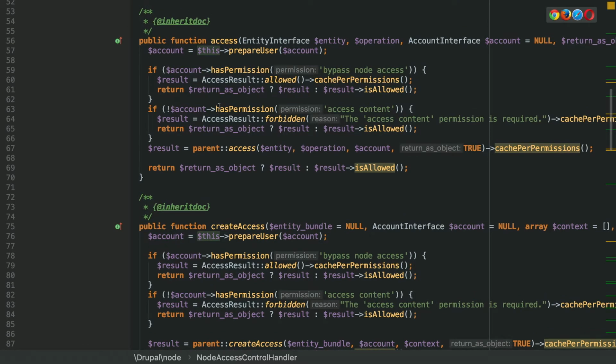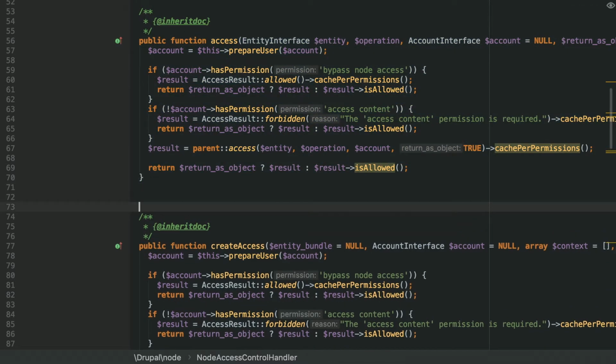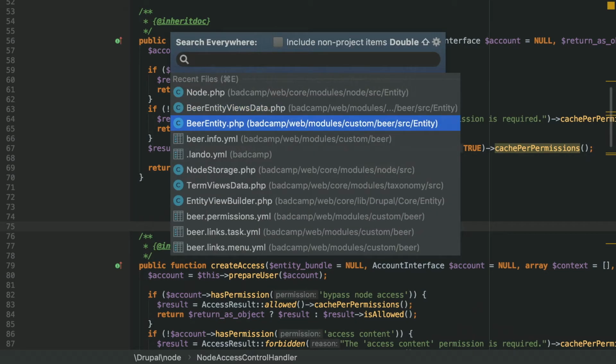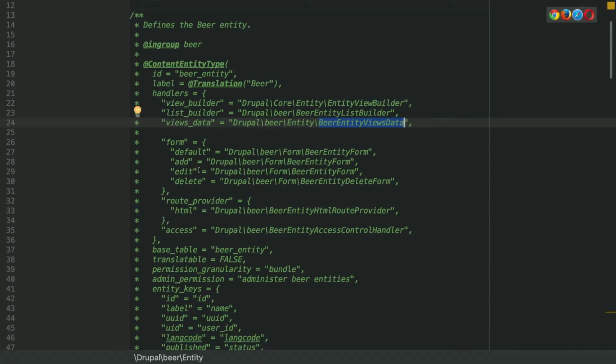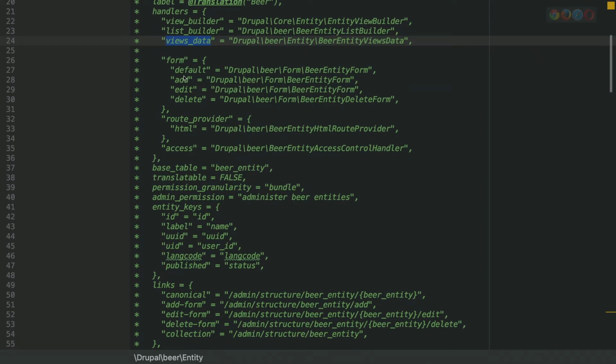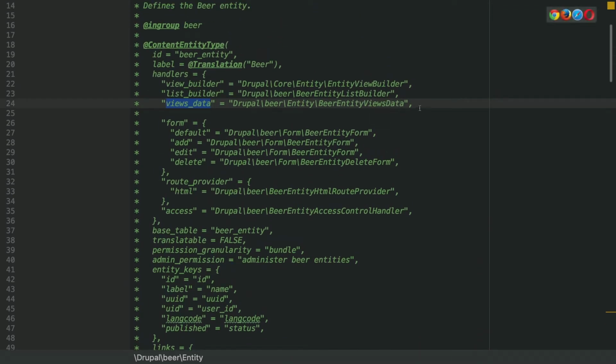If I were to create a custom content type that needed custom permissions, I may end up interfering with this logic to redo it, versus in my beer entity, where I have, I assume, I thought there was an access one in here. I can add my own. So this is a case. Oh, is it on there? Yeah, it's right above base table. Right above base table. Perfect. There it is. So it came with